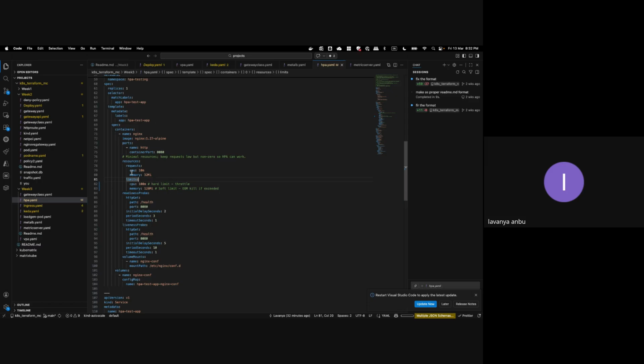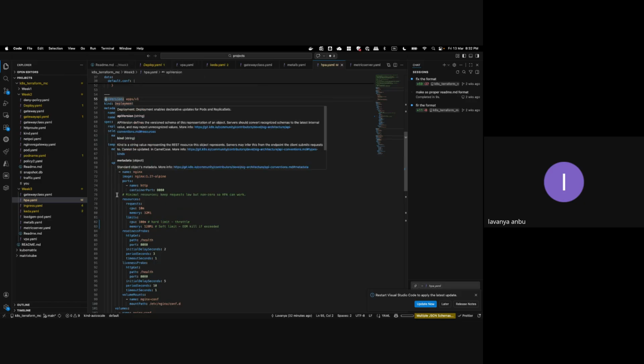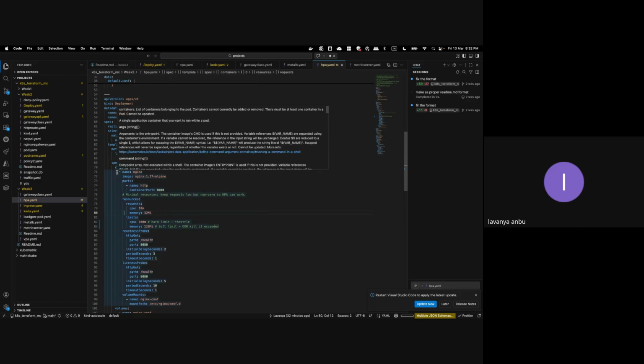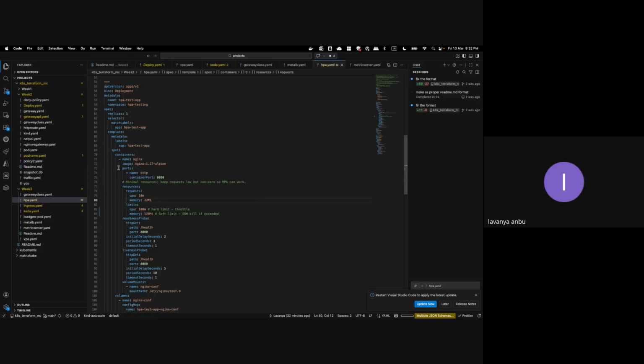Okay. So maybe we can just see through this deployment. Each and every deployment will have a similar template. Maybe a few fields will be extra that we will pick up when we get to that point. What I am interested in is, this is the API for deployment, but for pods it will be just